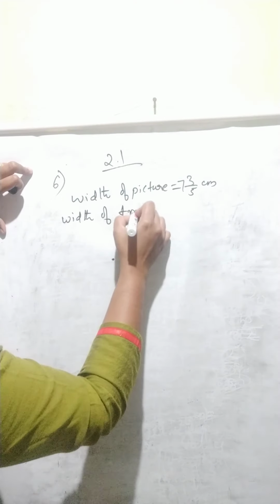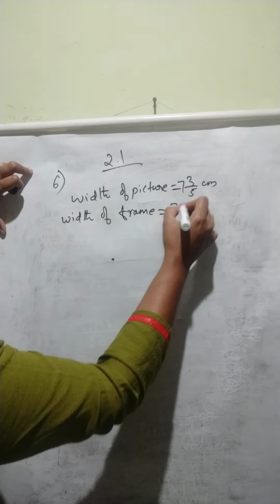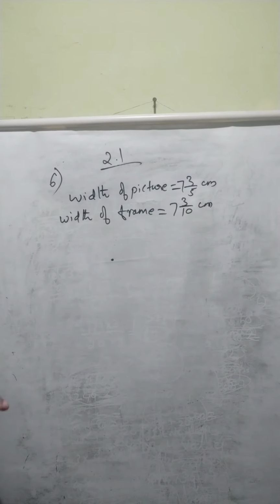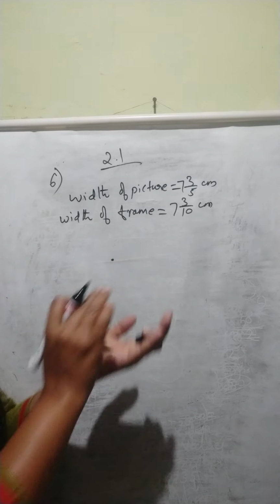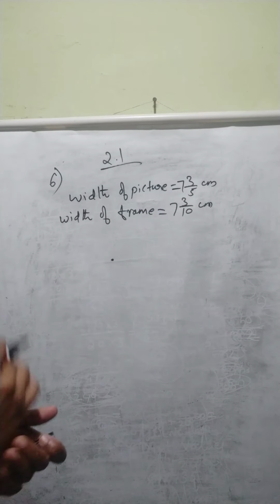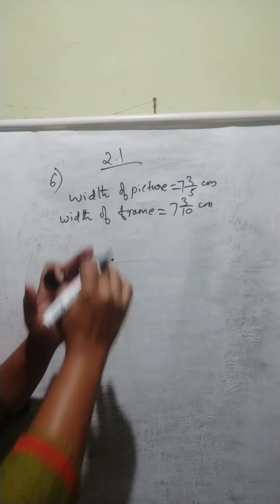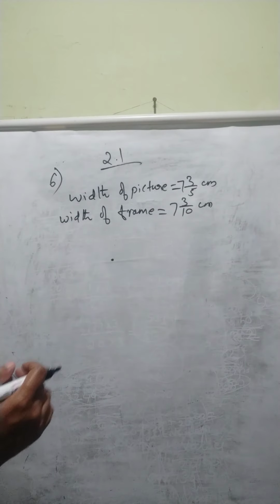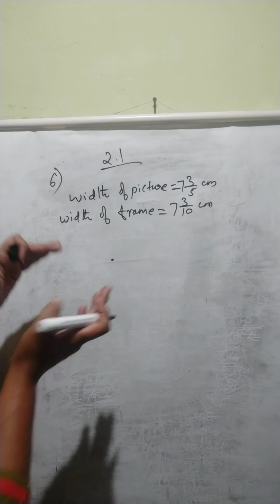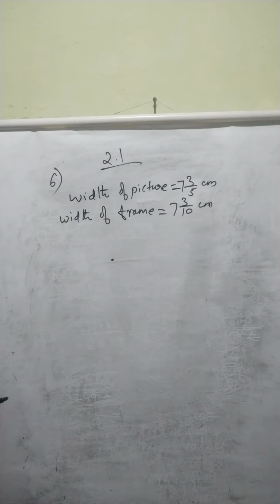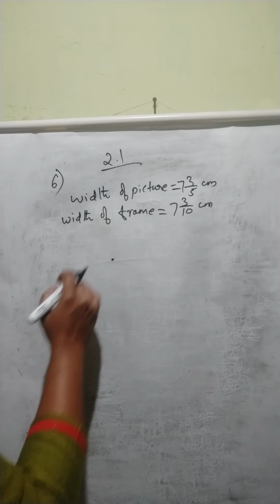Width of the frame, what is that? 7 3/10. So anyway, the picture should not be more than 7 3/10. So what can we do? We can cut the picture's outside border. So how many centimeters do we need to cut? That we can find out by